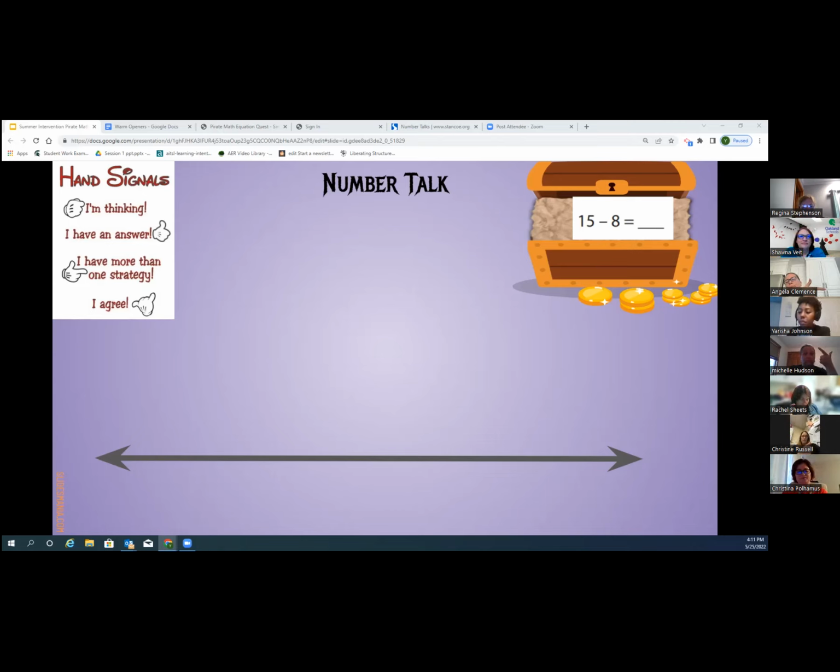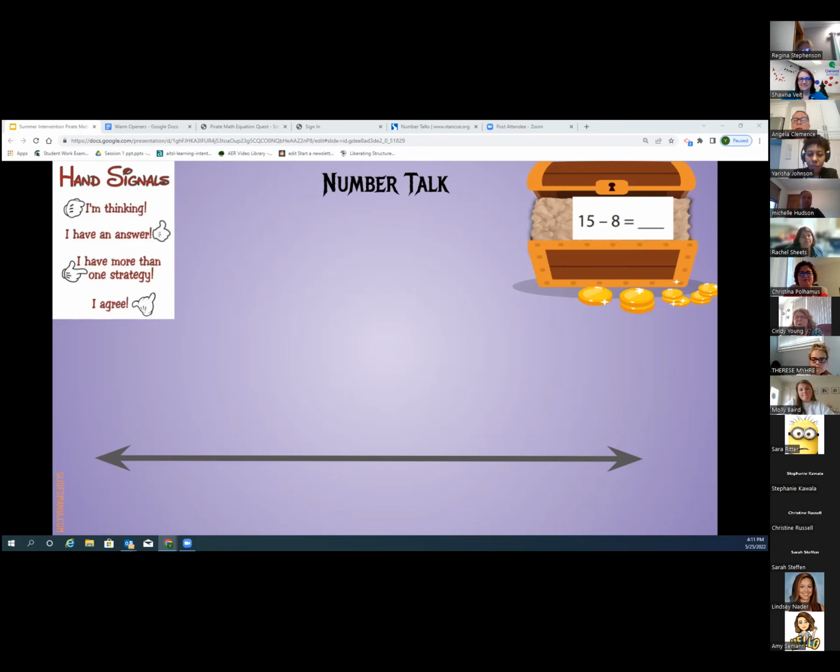Wonderful. So I'll call on someone to share one strategy with me. Would really appreciate it. Let's have Angela. I see Angela first on my screen. Angela, would you share your strategy? Sure. What my general go-to is, I take the 15 and then I look at the 8 and I break the 8 into 5 and 3. So then I take the 15 down to 10 and then I take 3 more away to go down to